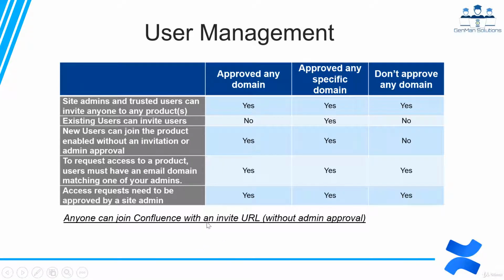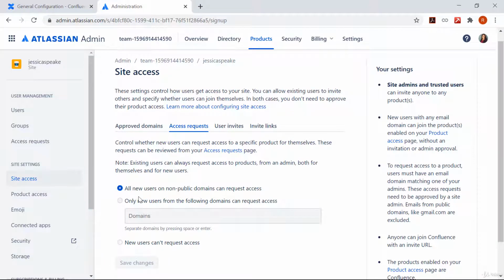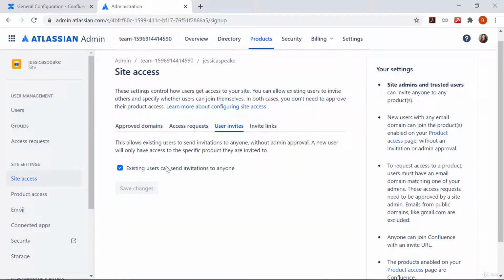While this feature has its own pros as well, inviting new users by sharing an invite link is useful in cases like when you want to get your team onboarded quickly or work with contractors or clients who need fast access. In that case, definitely you can use this to save time and make the onboarding process easier. But nevertheless, you need to be double sure while sharing this invite URL with any of the new users. We have discussed these three options in that table as well. So if you refer to that table, you will be able to understand that these points are also covered over there.